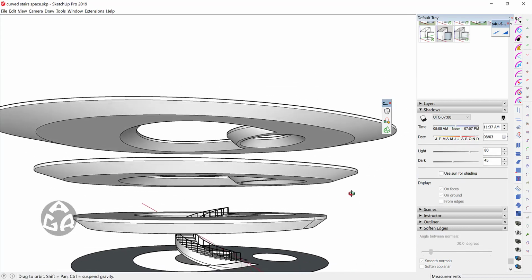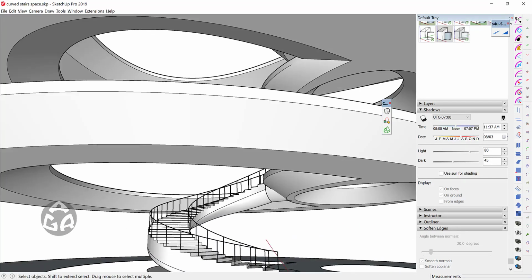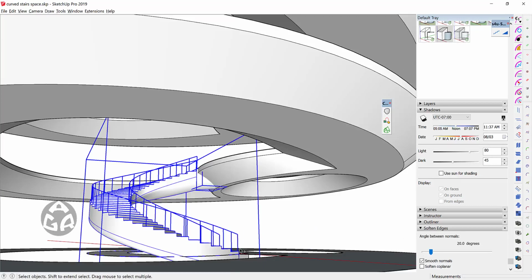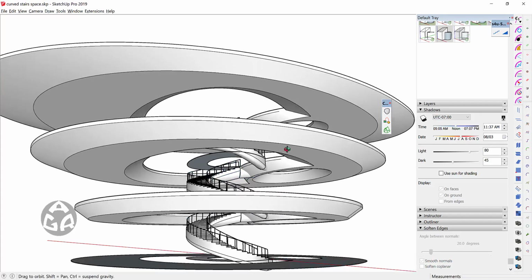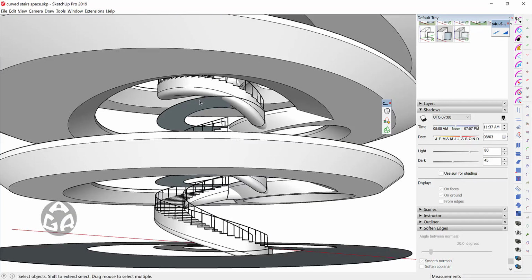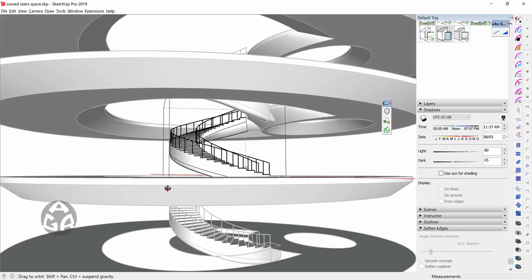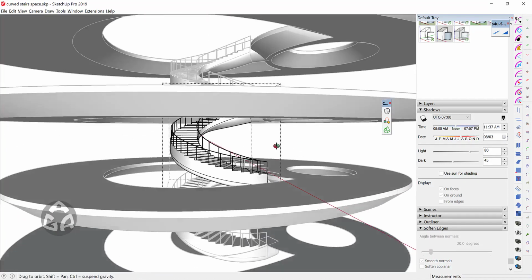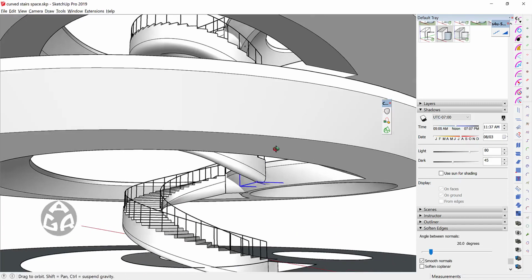And now we have all our floors created, so we need to copy these. So we need to copy these stairs in the other levels also. So I will copy this one once over here, and then pressing X2 to copy it once again. And then I will delete these faces that we had, and we'll go outside the group and click on this